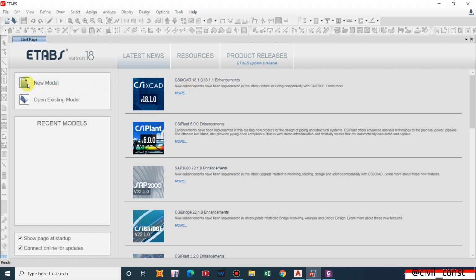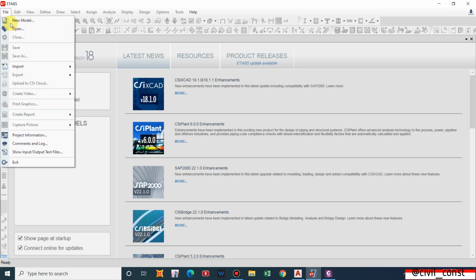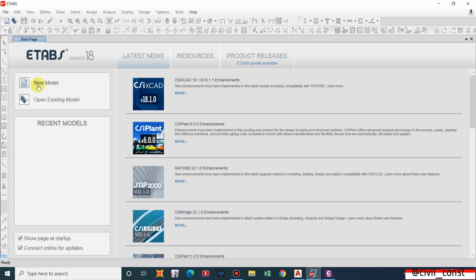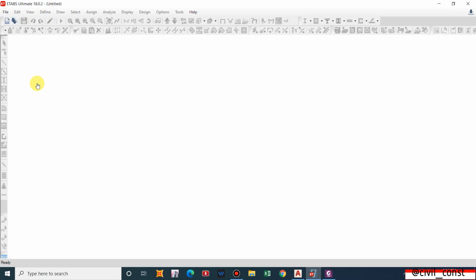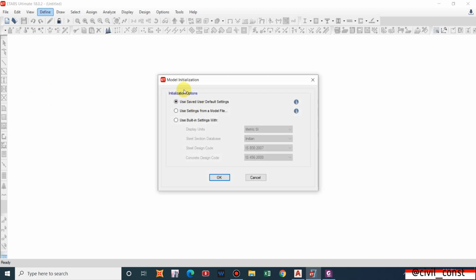So let us click New Model, or you can also go from here, New Model. A new window pops up about the model initialization, and we have three different options, among which I will be using the last one, that is Use Built-in Settings. The others are use saved user default settings, if you have any default settings saved, or you can also use the settings from a model file, but for now I'll be using the built-in settings.